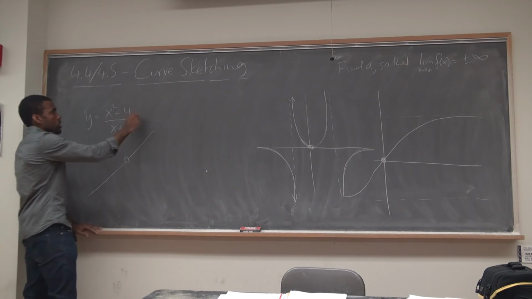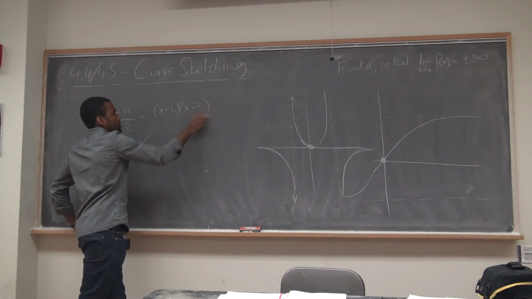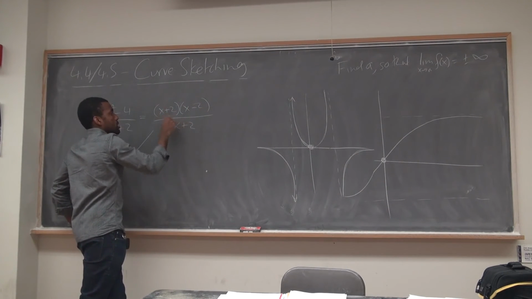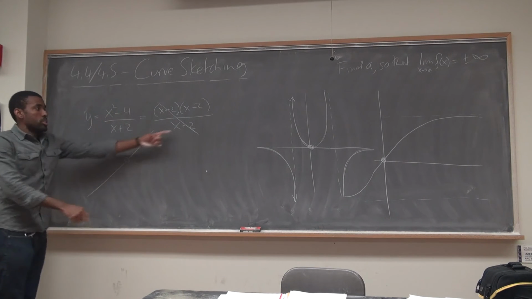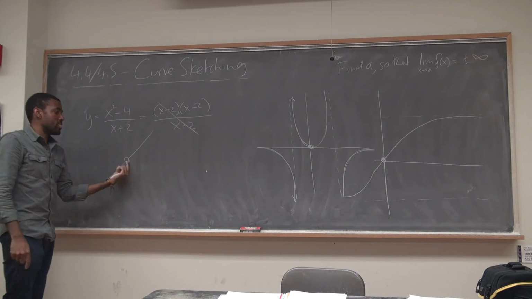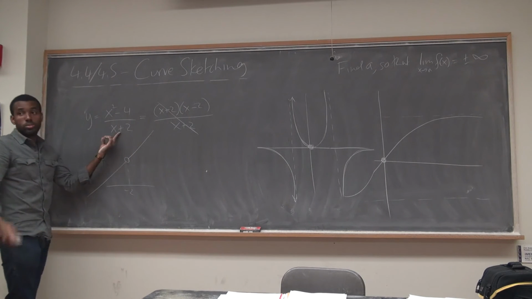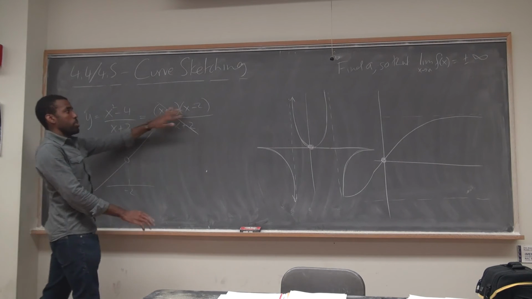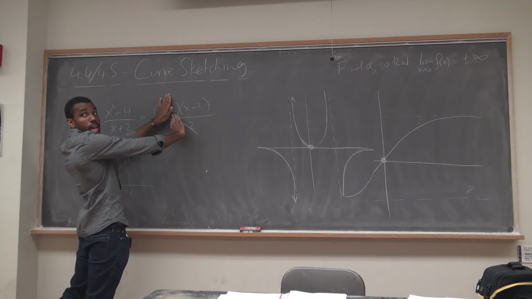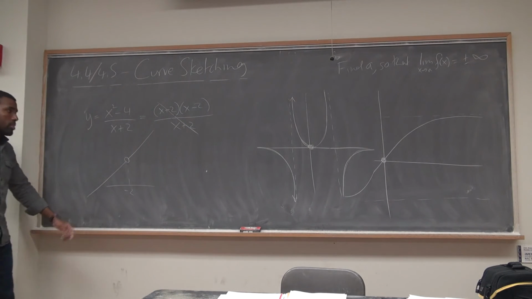Because what it means is that you can actually simplify this function to get rid of the bad point, right? But because it was there in the original, you still can't touch that number. You still can't touch minus 2 because the original function doesn't work there, right? But technically, this will behave just like a straight line at all other points, right? So you get a hole instead of an asymptote.